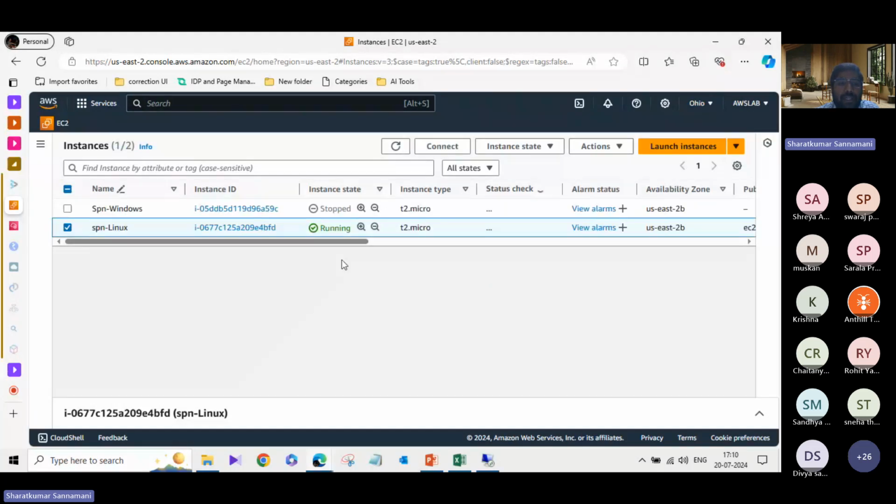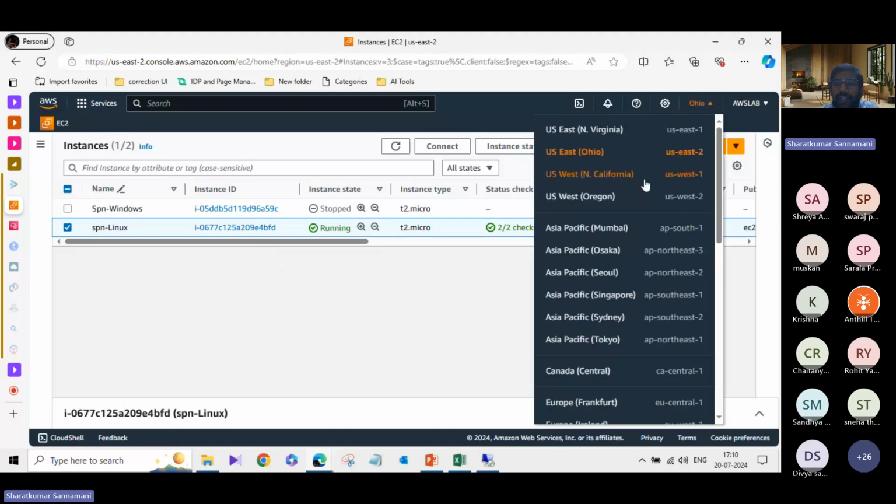Example, tomorrow you have created a gaming application and you want to sell that application in the US. So go ahead and create a server in a US location. Or, you have created some application in India because your customers are sitting in India. So go ahead and create a server and host it in an India location, and you can sell your product. That's just one example. There could be a number of examples based on your use case. You can create servers across the world. So that's how it is.